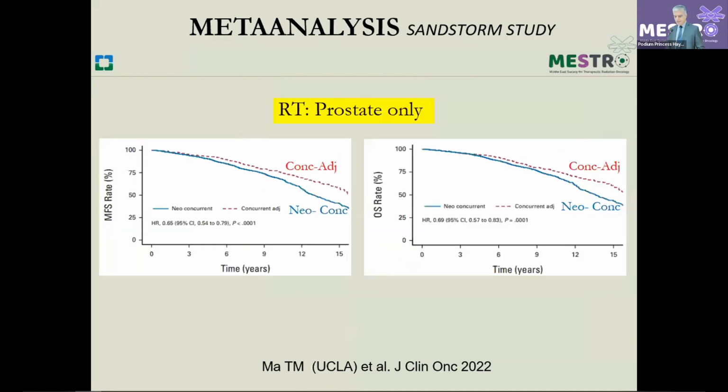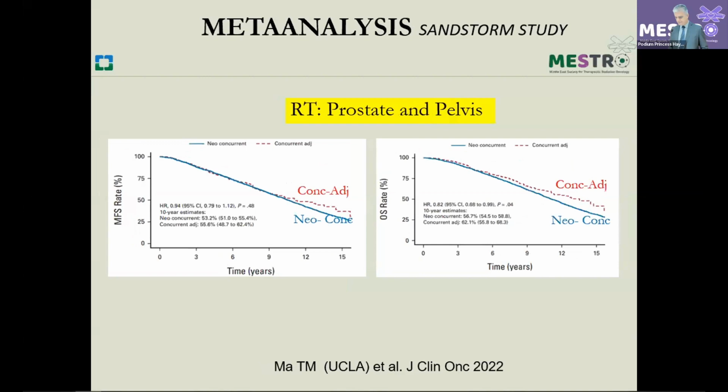And there's another recently published meta-analysis around the same subject showing that concurrent and adjuvant ADT, concurrent with radiation and adjuvant, is superior to neoadjuvant and concurrent. All this is going against a little bit of our current practice. We still do a lot of neoadjuvant and then follow with radiation. I think this data is here to indicate that actually maybe we should think of initiating radiation therapy early and extending the ADT beyond, after radiation therapy is done.